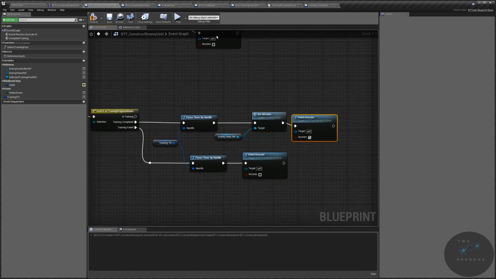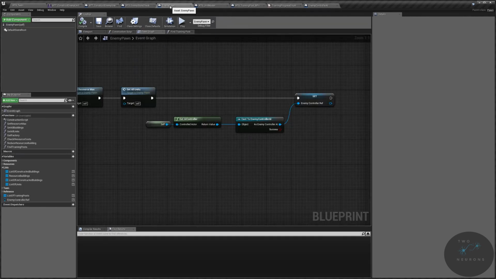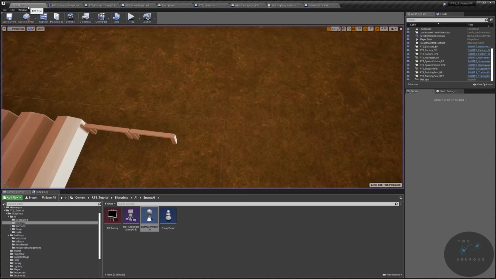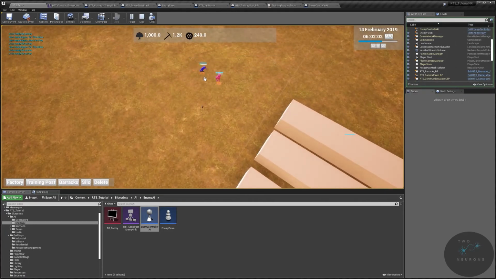So once in the training post, the second time can either be here in our construct enemy units, in our state check, or in our enemy AI controller at the end of the status, or this set training status. So any of those 3 will fix the issue. Notice we have,